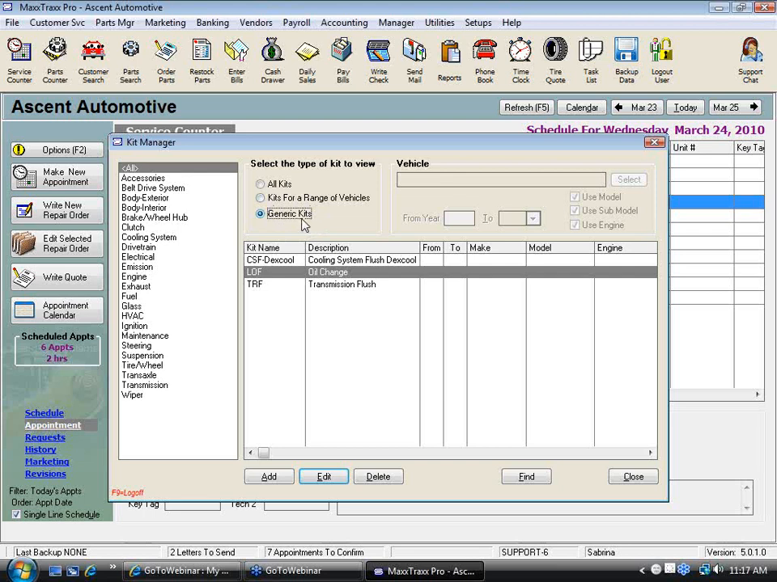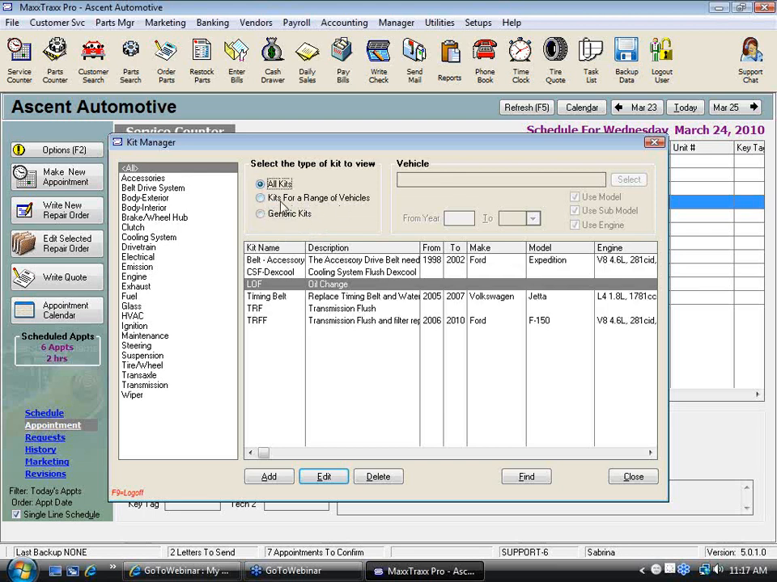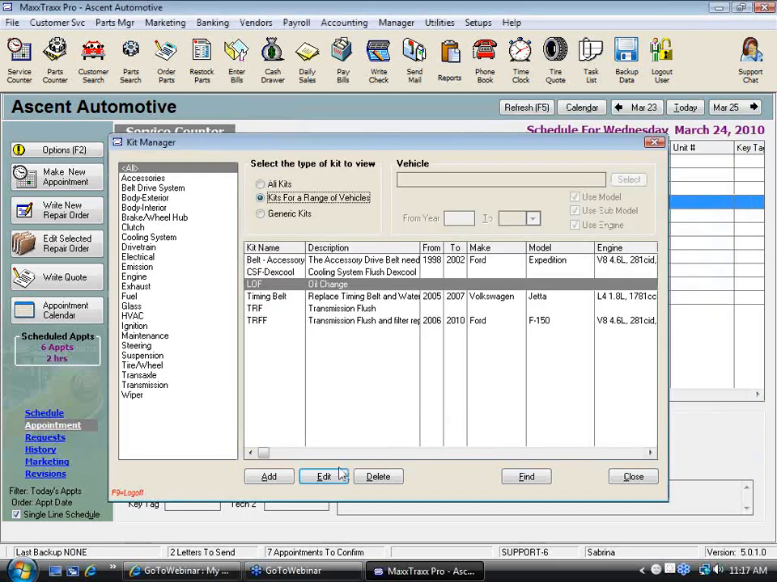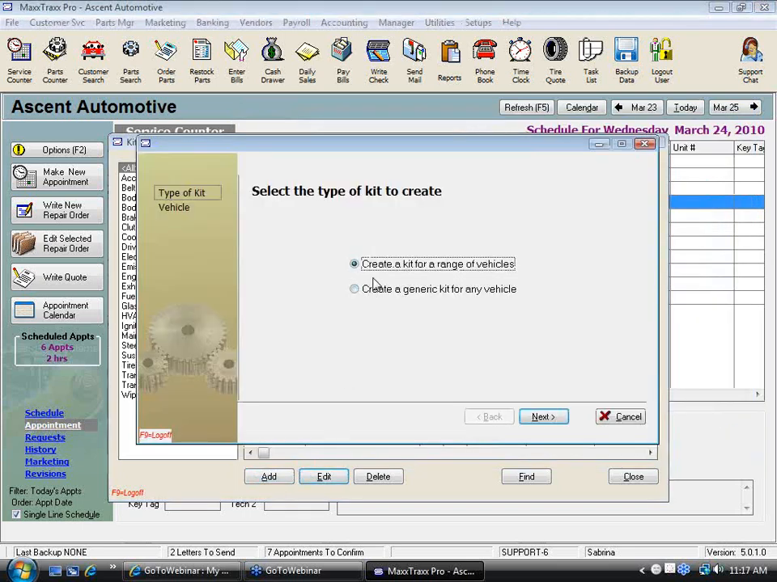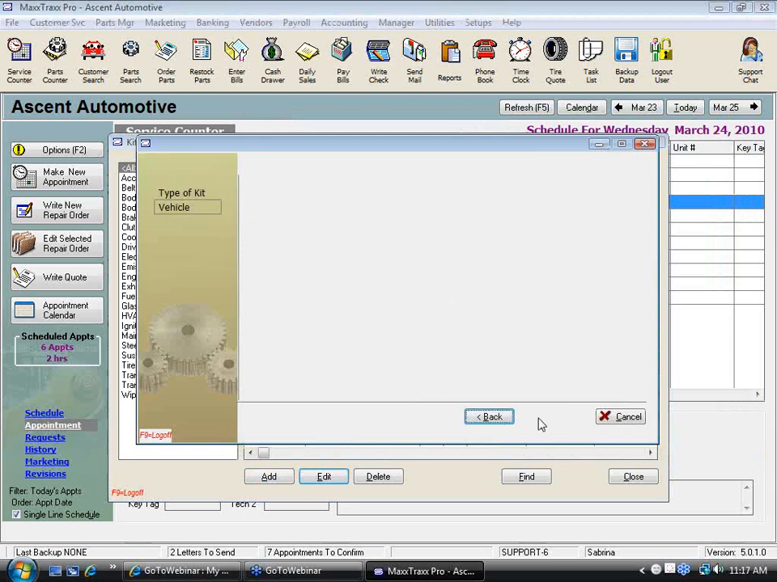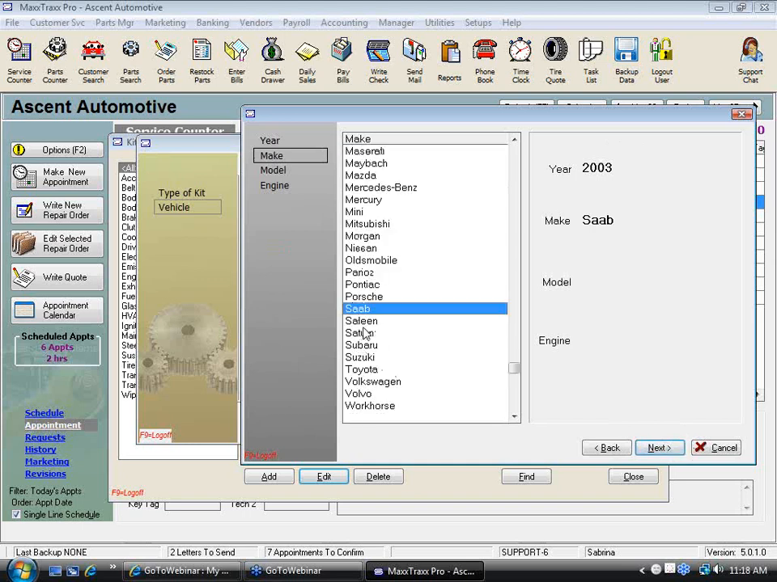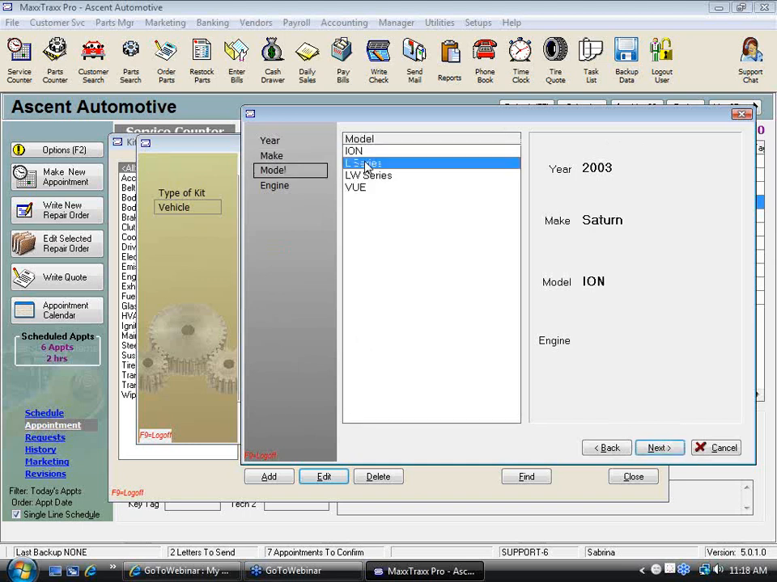Now, the other way that you can build kits, let's look at building a kit for a range of vehicles. Okay, it's just prompting me to do a lookup. But I'm going to go ahead and click Add. And I'm going to do one for a range of vehicles. And here I'm just really going to have to pull something out of thin air because I don't really know of one off the top of my head. And I'll put my car in. I got an '03 Saturn